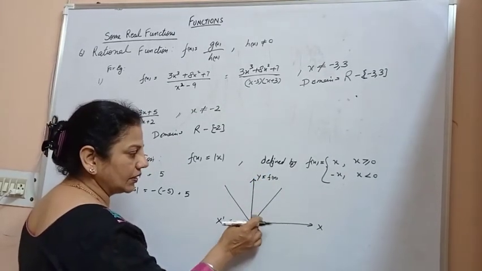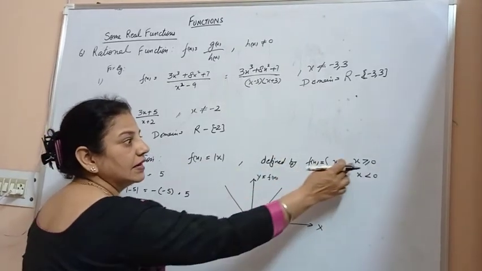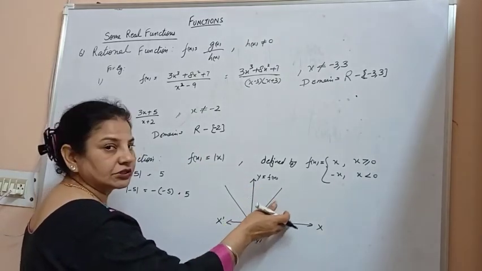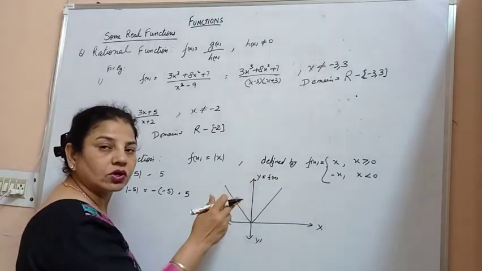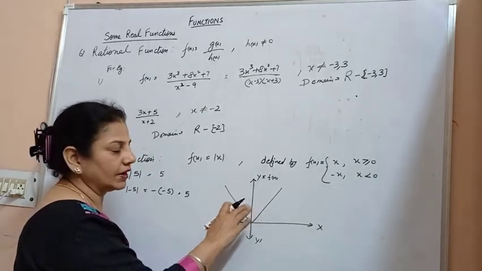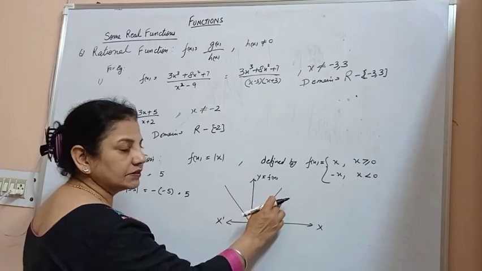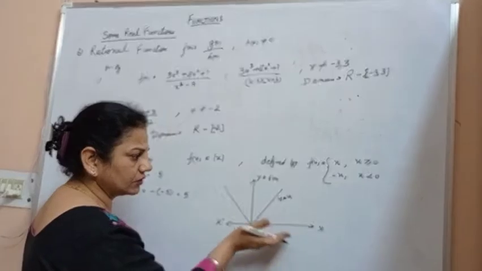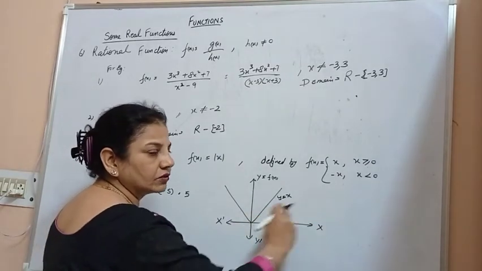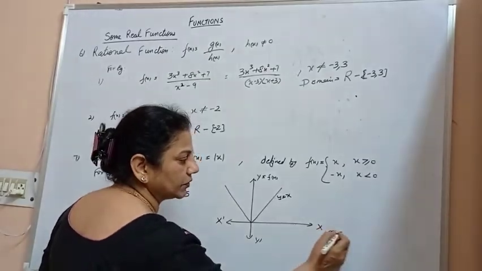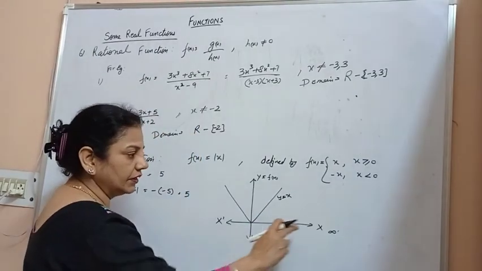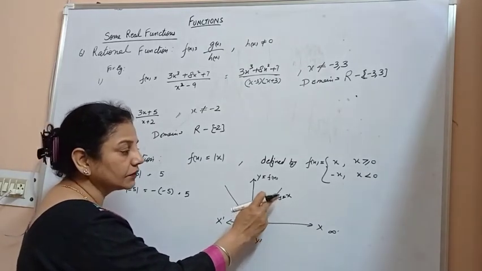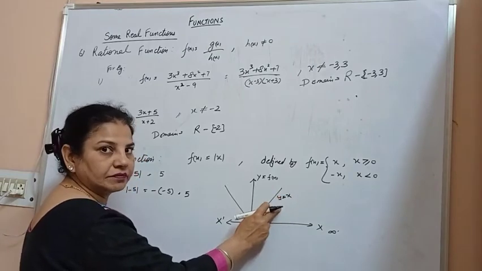You give the value x as 1, corresponding you get f(x) as 1, because for x greater than 0, you give 0, 1, 2, 3. Every time you give a positive value to x, you will get the identical positive value. So you get y = f(x), or you can say y = x. When x is positive, 0, 1, 2, 3, 4, it goes to positive infinity. So positive values of x give positive values of y.